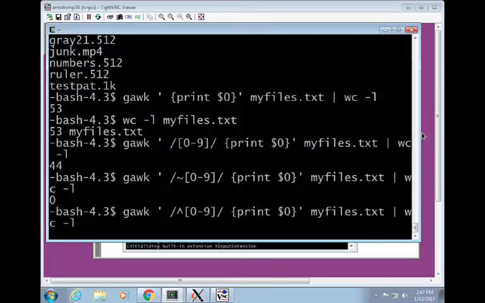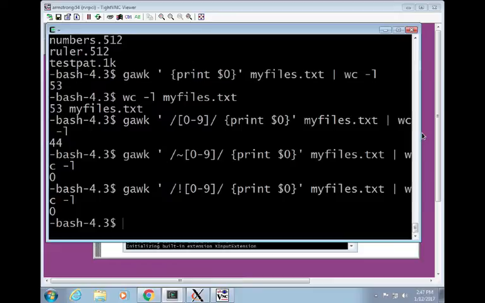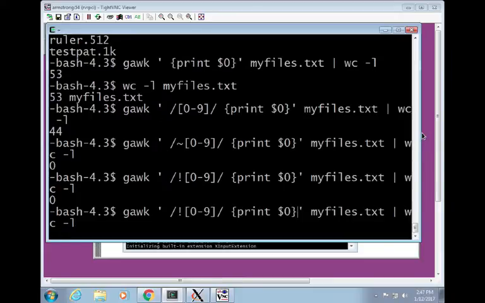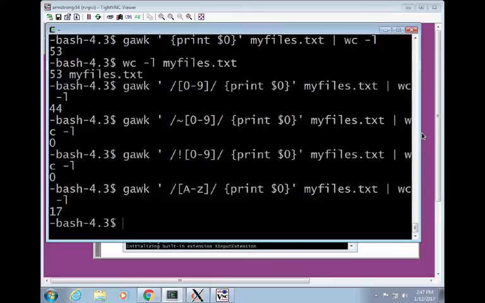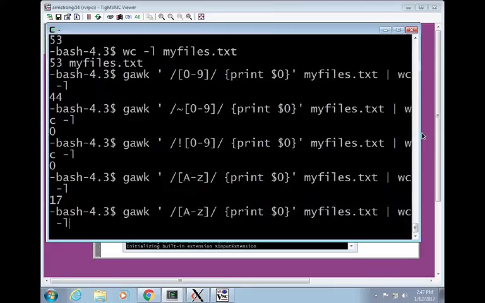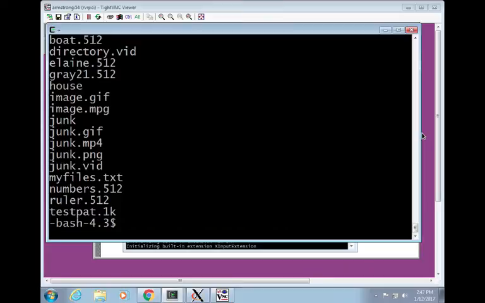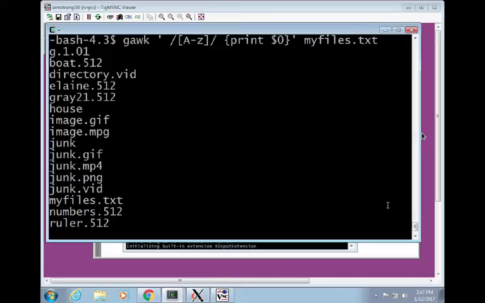It's that, or is it not? No, I don't remember. But there is a way. Let's go the other way and just say A all the way to Z. So it's a little bit off, but let's actually look at that output. What this says is just give me everything that has a character in it. It's kind of a bad example, but it shows you the power of using